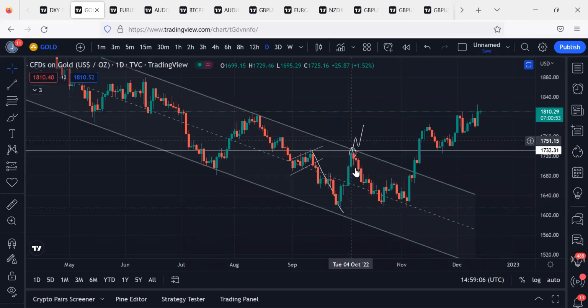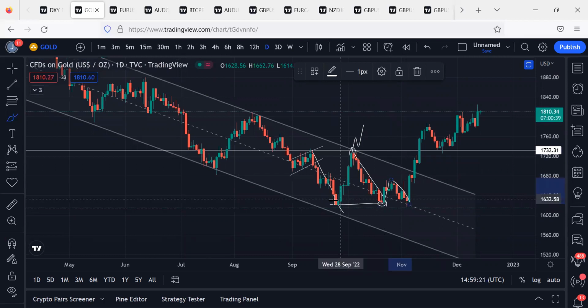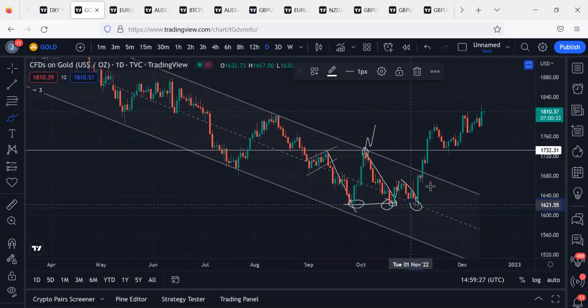Now, this was our first rejection. It tells us that definitely, since we've rejected here with 2 days, we are coming back to retest this. Since we couldn't break this, we went up again. We came back again, giving us a triple bottom. Do you know what triple bottom means? This is a perfect entry for me. That was where I gave those signals during the month of November. I did a video on September 28, something like that,